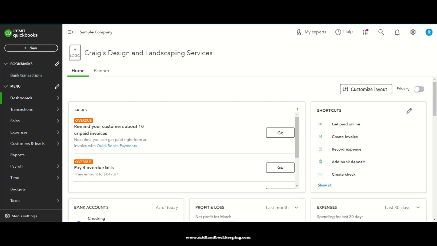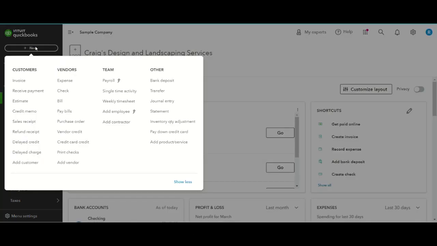I'm with Midland Bookkeeping Services, and today I'm going to show you how to enter in expenses that were paid for with the owner's personal funds. So our first step is we're going to go to Plus New and Expense,